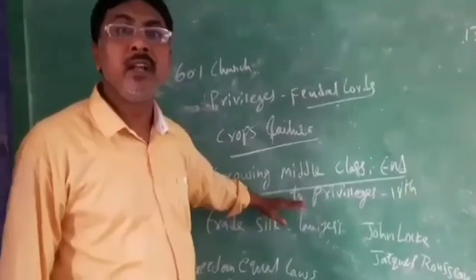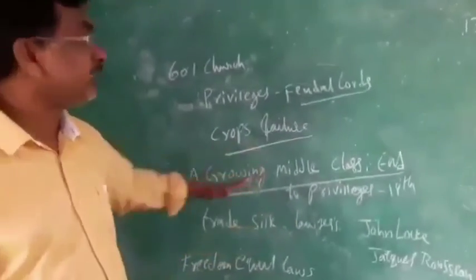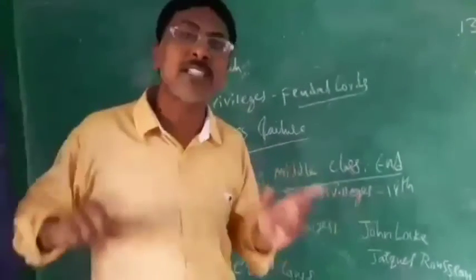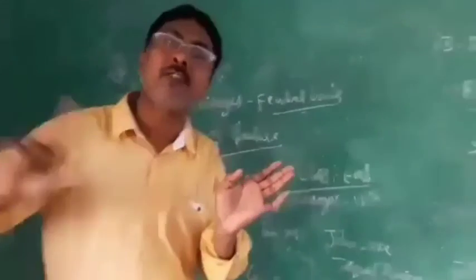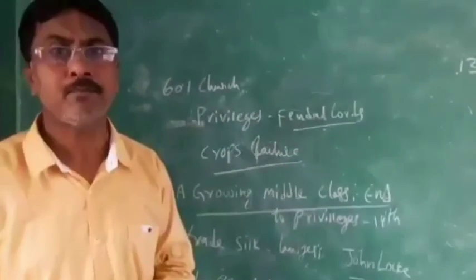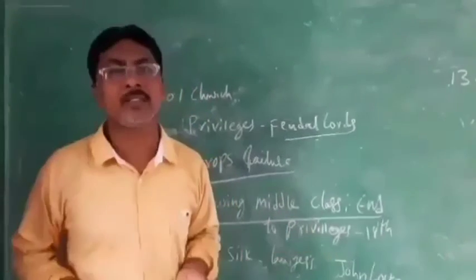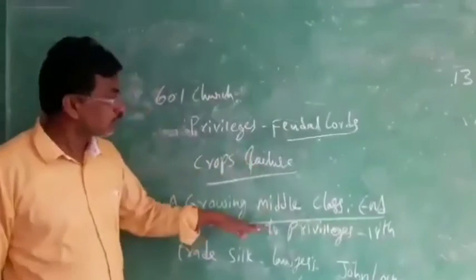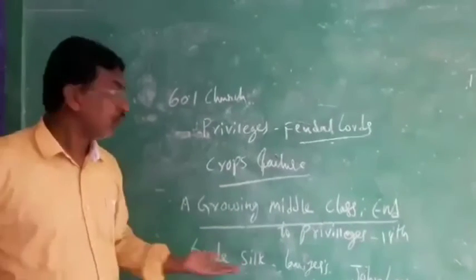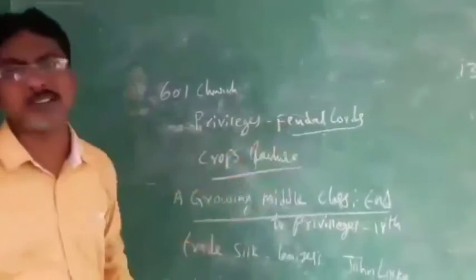And in the 18th century, some people became sailors. Sailors means trade. In the 18th century, some middle class people became merchants and traders. They started exporting and importing from one country to another, and they earned a lot of money and wealth. In those days, trade had started. You could go to any country and bring any raw materials. In those days, only middle class people did this trade and business. So, with this growth, these middle class people became richer than the feudal lords.